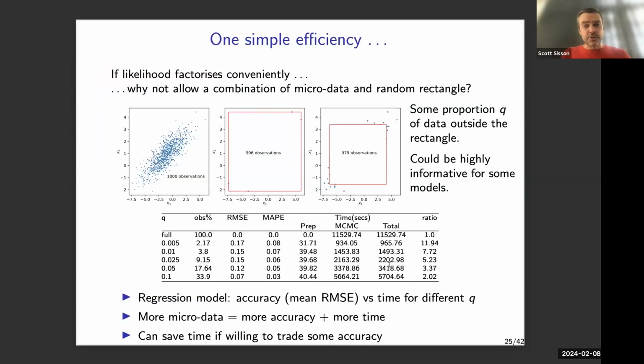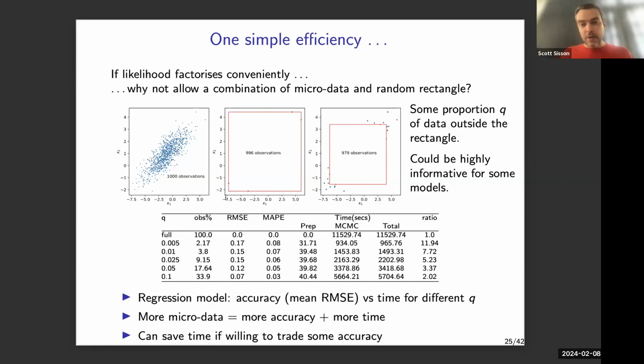So the first thing that Yu was looking at is random rectangles. Rather than here's a picture of 1,000 observations, our classical data, we can put a histogram over that, 10 by 10, but that's going to give us 100 data points. And maybe we don't necessarily need to know the resolution in that much detail. If we did a 1 by 1 histogram, we basically get a bounding box like the one in the middle here that contains all the data. And that's going to tell us location and scale, right? Depending on the model that we're fitting, that might be enough to fit the model.